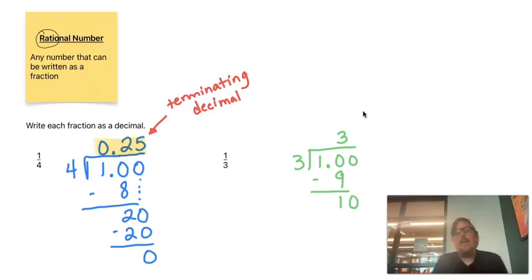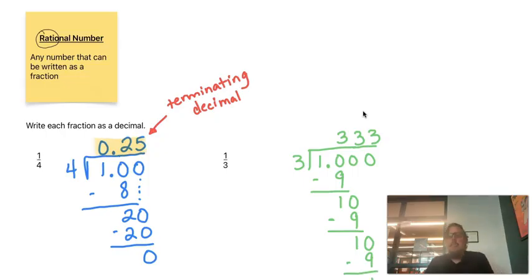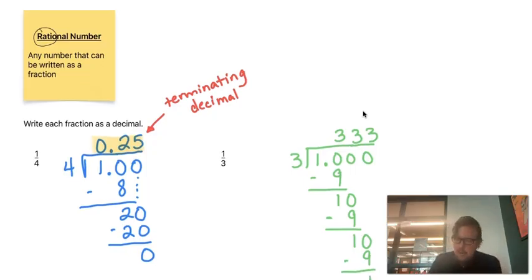And now we've got 3 going into 10 again, which is 3. And 3 times 3 is 9, which means we get 1. And I'm feeling like we're going to have this happen a whole bunch. I feel like no matter how many times we do this, we're going to keep getting 10 minus 9 over and over again. 3 goes into 10 3 times. 3 times 3 is 9. 10 minus 9 is 1. I feel like this is going to keep happening over and over and over again. So our answer is going to be